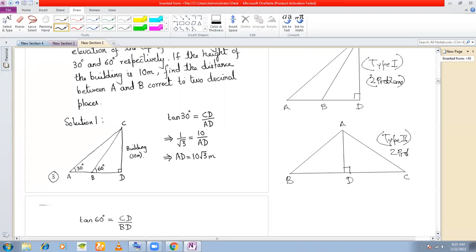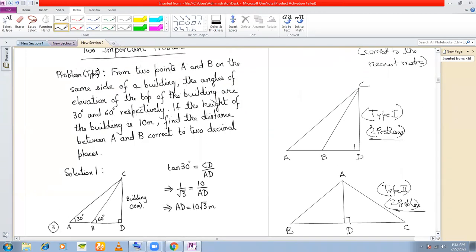Okay, if you want to understand the chapter, just understand these four problems, two problems from here and two problems from here. If you are able to understand these four problems, then you will be able to solve almost all the questions from this exercise. These are the two very fundamental figures that you are going to come across. Okay, now why are these fundamental figures?